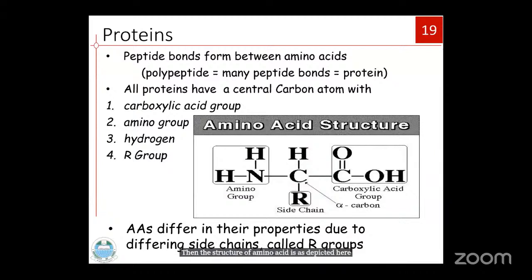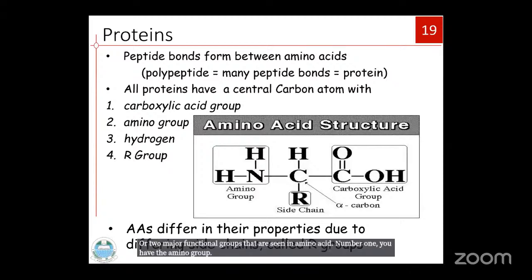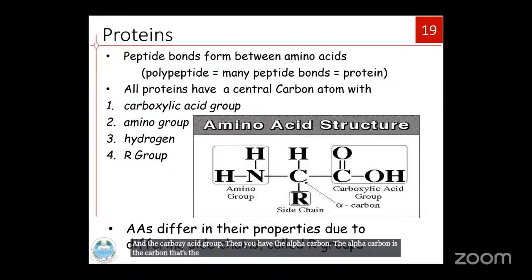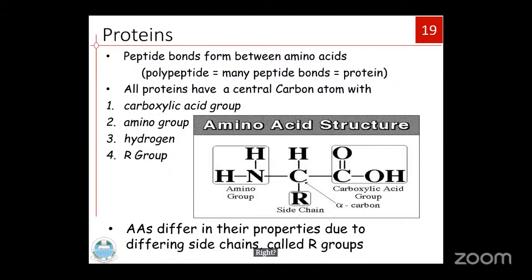Okay, then the structure of an amino acid is as depicted here. There are 2 major functional groups that are seen in an amino acid. Number 1, you have the amino group and the carboxylic acid group. Then you have the alpha carbon. The alpha carbon is the carbon that the side chain attaches to. What do you mean by side chain? These amino acids differ, right? Their structures differ, right? So the R chain in all the amino acids, this is the R. So all proteins have a central